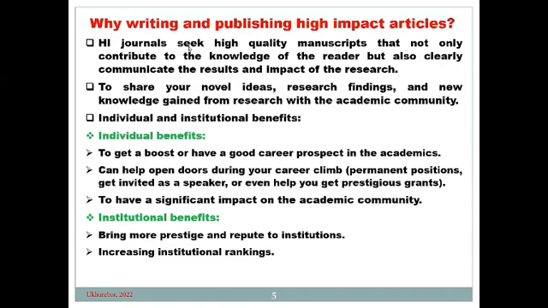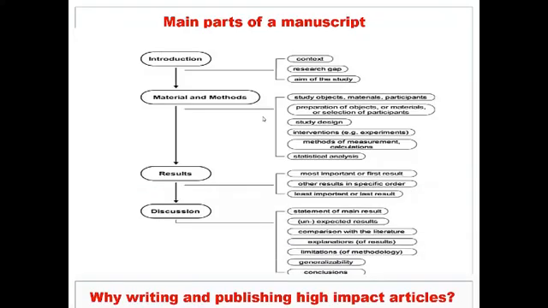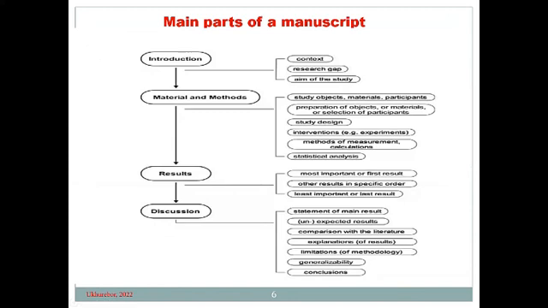In this paper, look at the main part of a manuscript, which we have been dwelling on. You look at the introduction, the material and method, the result, and the discussion. We have dwelled on this ever since we started this lecture on Monday, so I will not talk more on that. But those of you who will be doing a review, you find from this diagram that you can also compress these parts to write another topic, because in a review work you might not have material and method, you might not have results and discussion, but we have talked on all that, so we know what to do there.